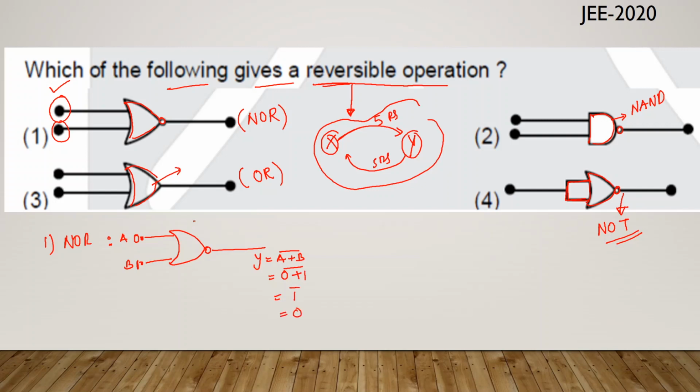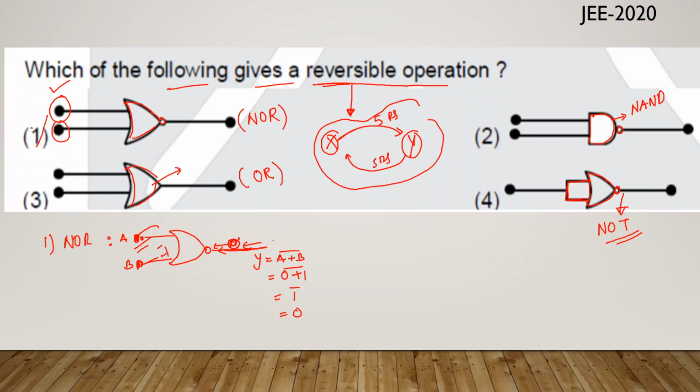Now, otherwise you just think, what will happen if I give here an input of 0? Will it become 0 and 1 separately? It is not possible. Here 2 inputs are combined into 1, but this one input can't be separated into 2 other inputs. Are you getting this? Here I have given 2 input signals because it has 2 inputs, and I got one output. Now if I am giving only one input from the output, is it possible that this input will be divided into 2 parts? No, it is not possible.